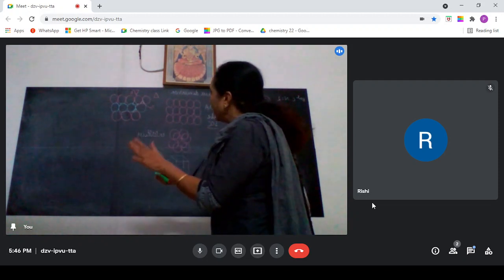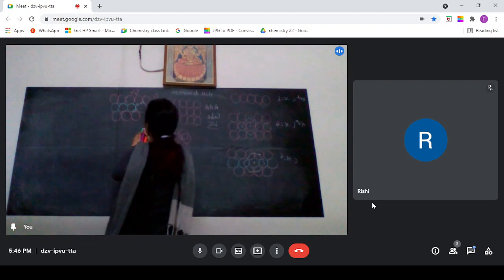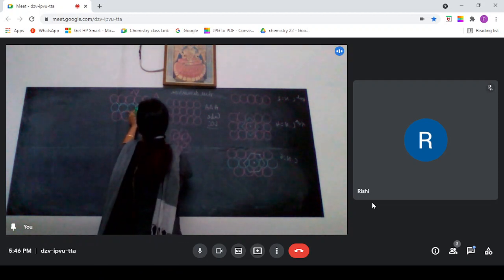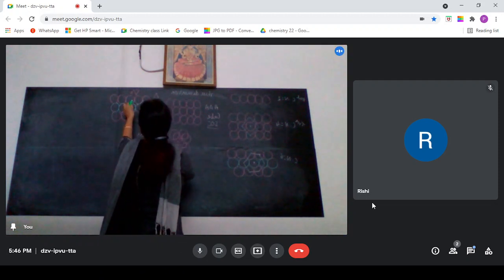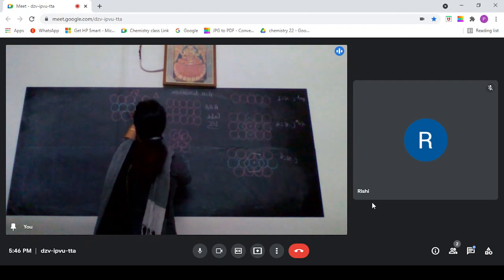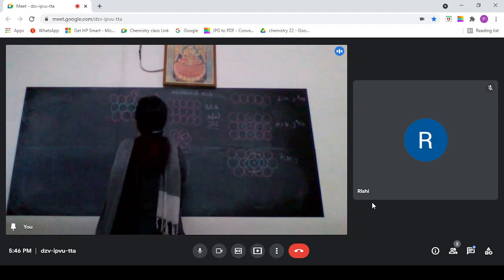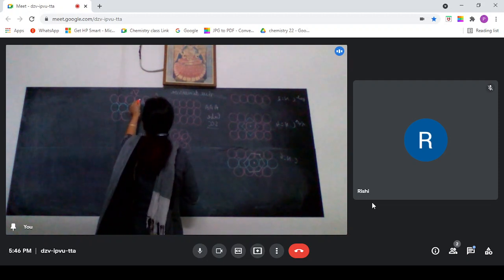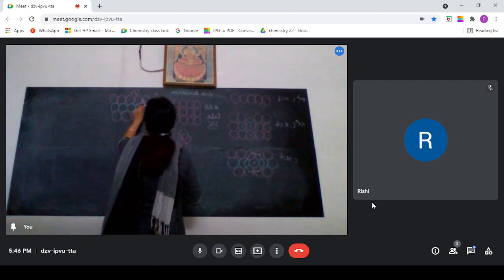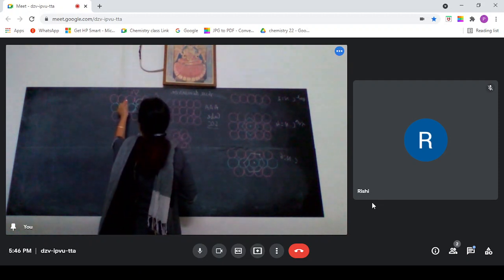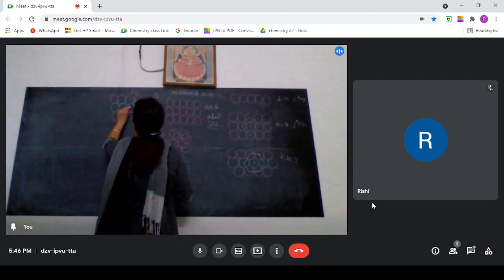So in the 3 dimension, what will happen is that if you fill, you cannot fill both A and B. Either you can fill A or you can fill B. So what will happen if you assume that you are going to fill A type? Okay, if you fill A type,